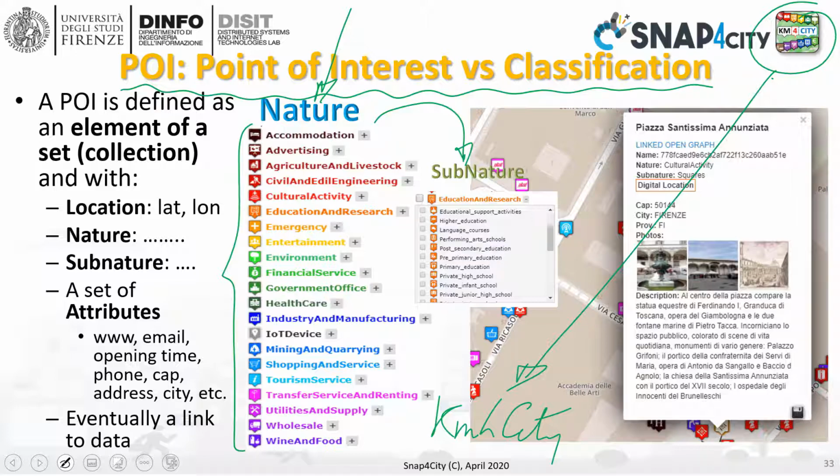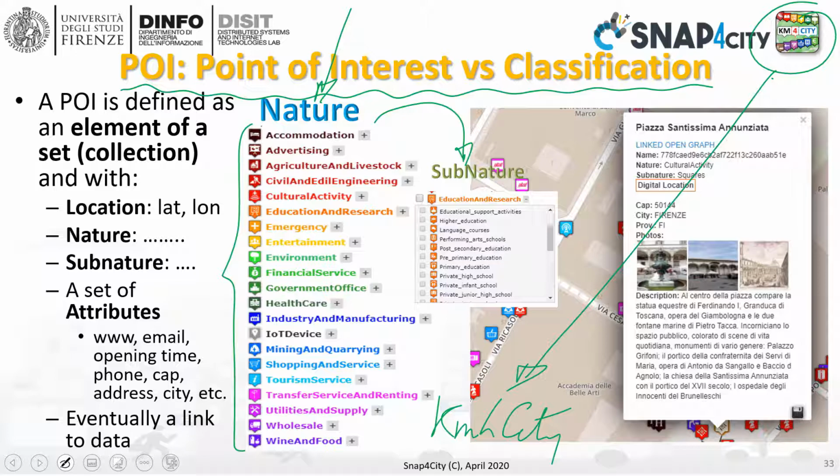So when you have a given kind of point of interest, for instance, the set of banks in an area, or the set of trees, or the set of benches, or the set of restaurants,